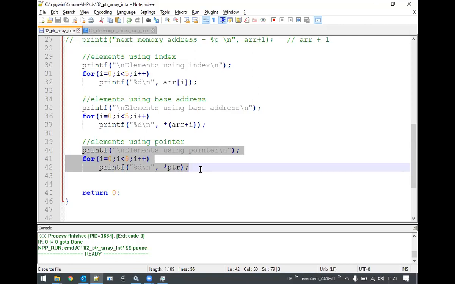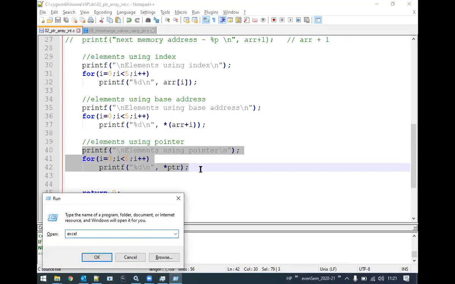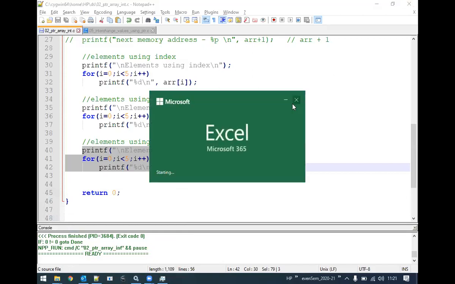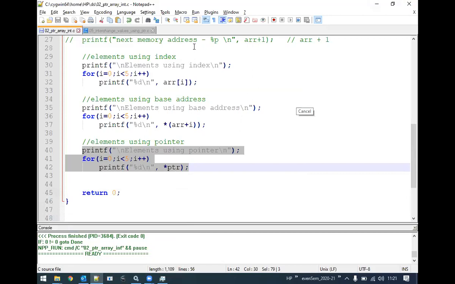What will be the output if I execute this piece of lines? Will it display only the base address, or the value at the base address? Value at the base address. How many times will it display it?